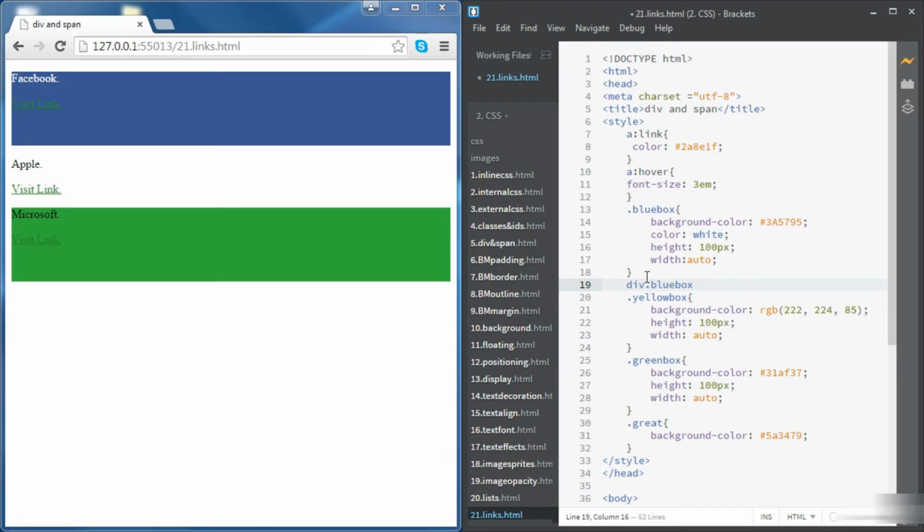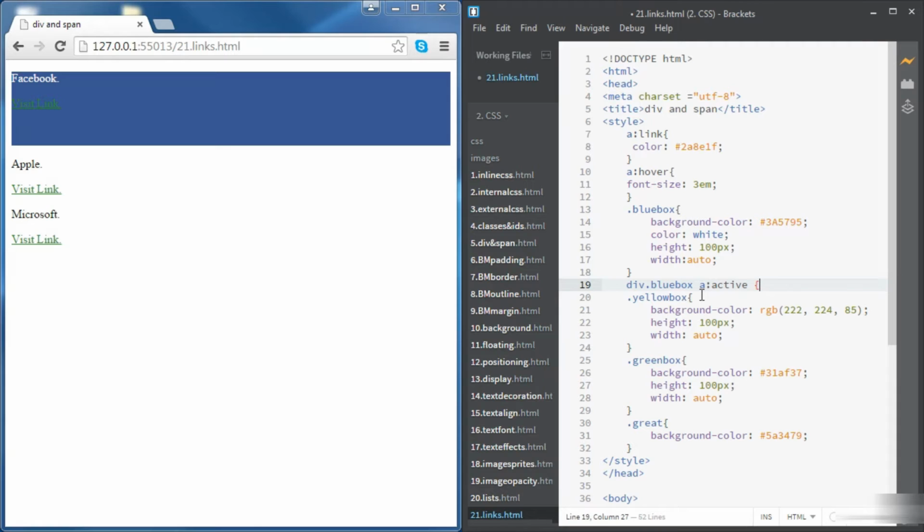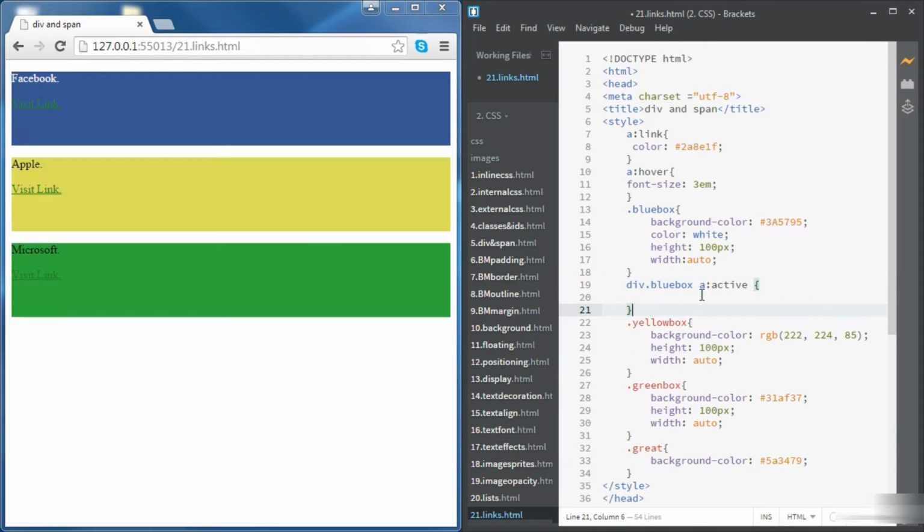Okay, and then space, and then we use the same syntax we used at the beginning. So A colon, and then we need to specify here. So there is another parameter we can use, it's the active state of the link. So basically what we're saying here is when the link is active,